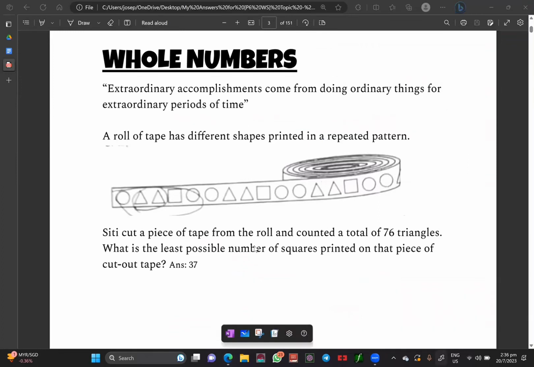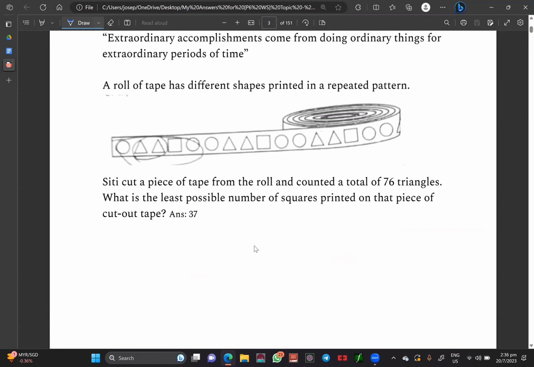Hi everyone, today we are looking at a question like this. As you can see over here, it says that a roll of tape has different shapes printed in a repeated pattern. CD cut a piece of tape from the roll and counted a total of 76 triangles. So the first thing we want to do, whenever we do something like that,